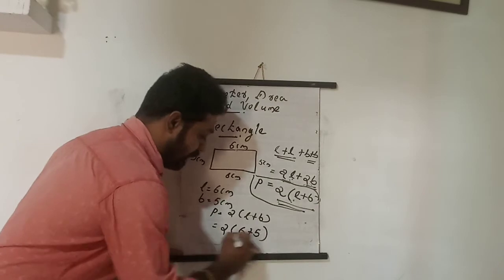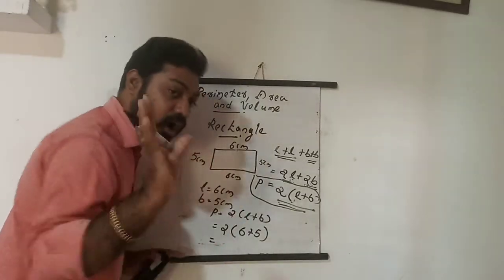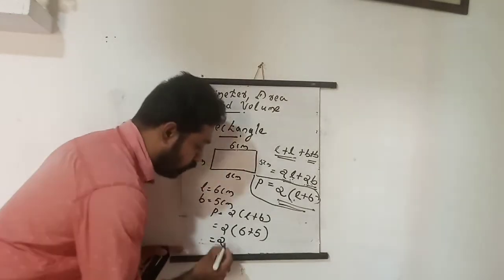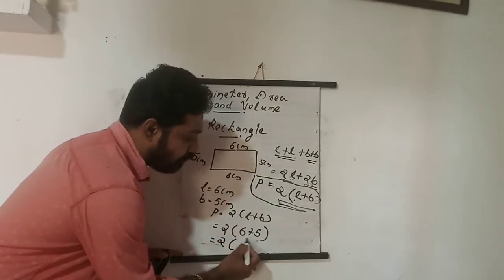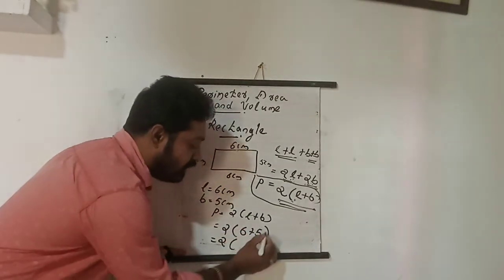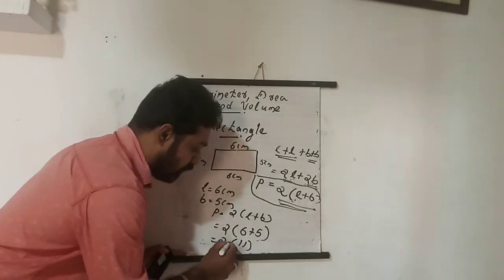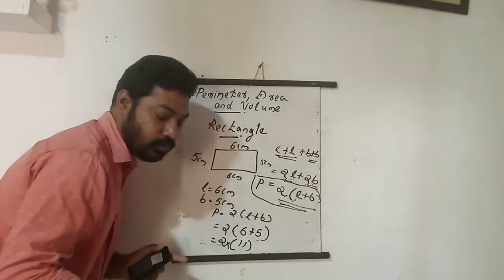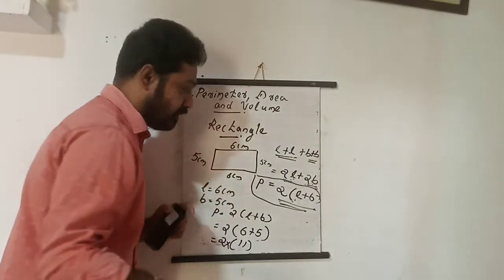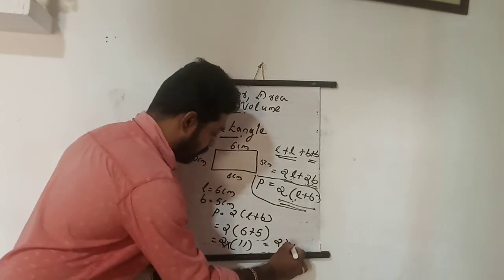And in mathematics, one thing is needed. Here first you have to add the things in the bracket. Understand? Don't go for the multiplication first. First you have to do the things in the bracket. So 6 plus 5, what do you get? 11. This means 2 into 11. Here a multiplication sign is not written, because whatever is outside the bracket is multiplied. So 2 into 11, what is the answer? 22. We will get 22 centimeter. Okay, that is the answer.